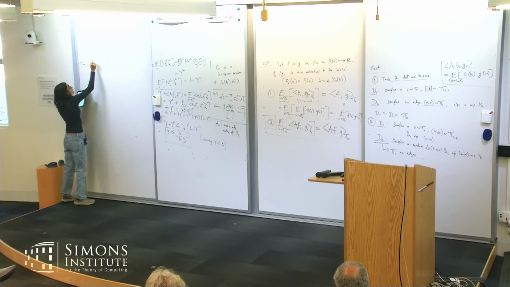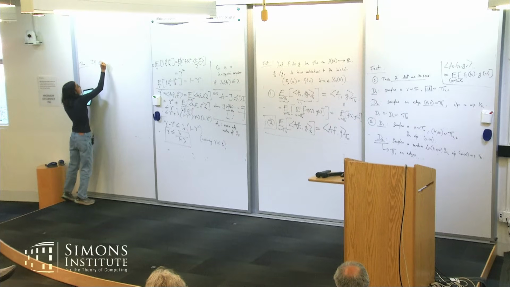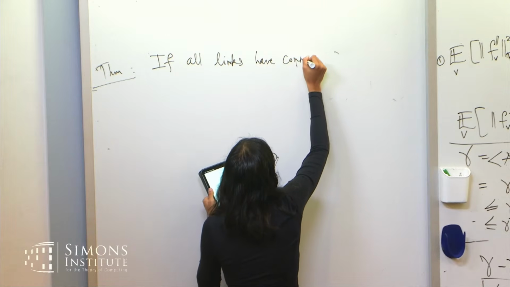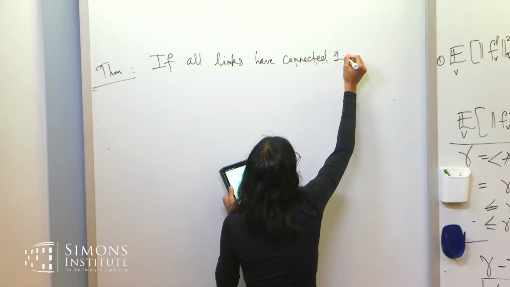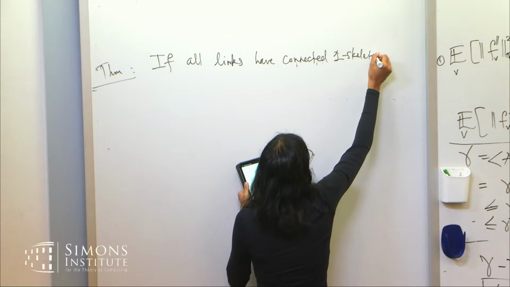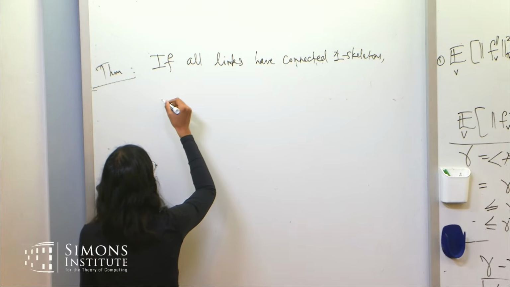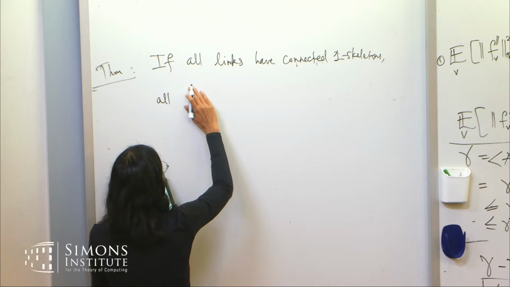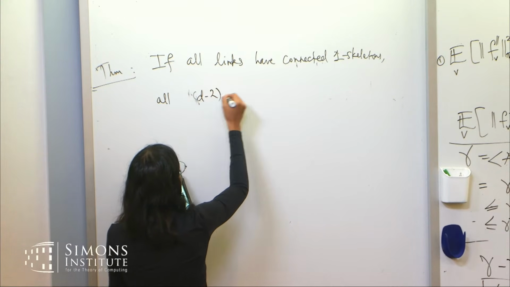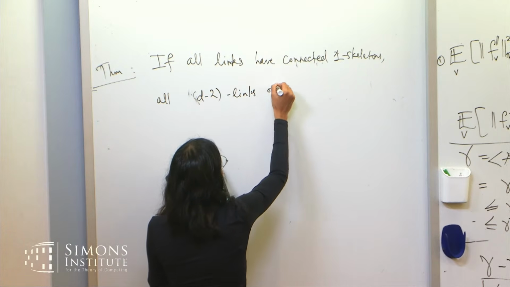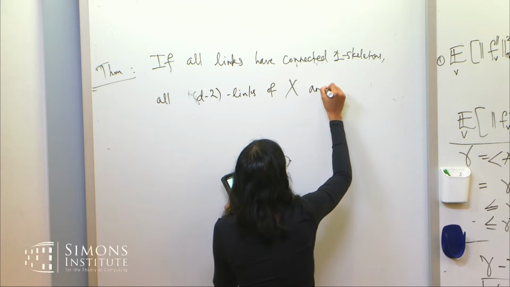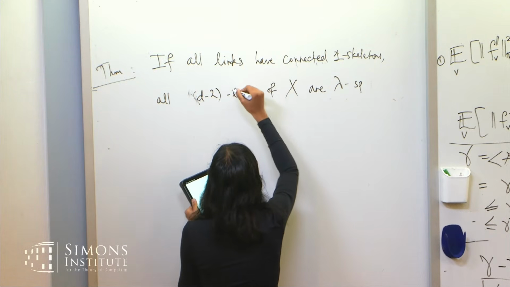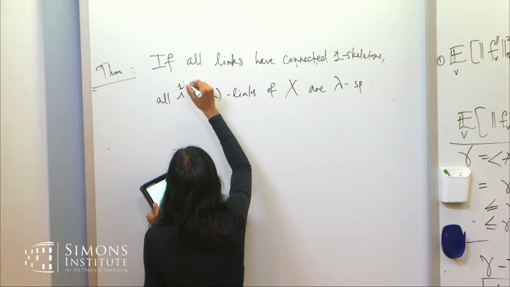So if all links have connected one skeletons, and all d minus 2 links of X are lambda spectral expanders, all one skeletons,